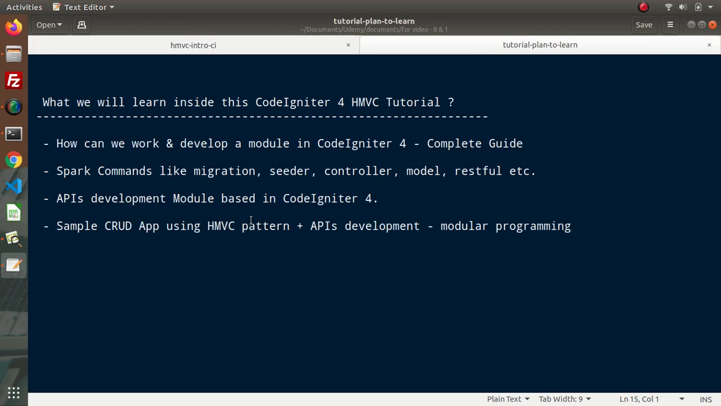Here we have a few plans listed. What will we learn inside this CodeIgniter 4 HMVC tutorial? First of all, we will see how we can work with and develop a module inside CodeIgniter 4. By going through each video of this course, I will show you how to create and develop a module inside a CodeIgniter 4 setup. It will be a complete guide to CodeIgniter 4 HMVC. Along with the module development,